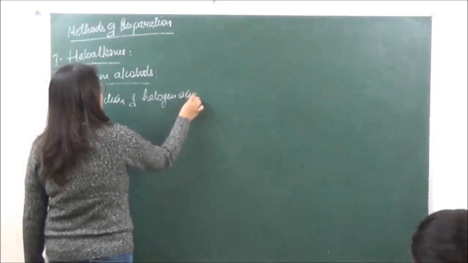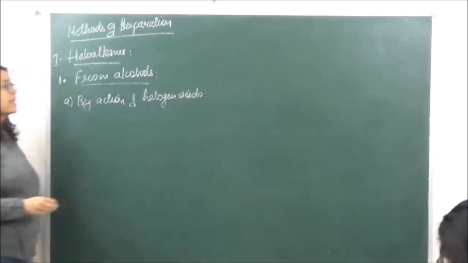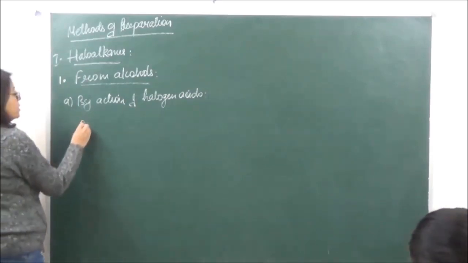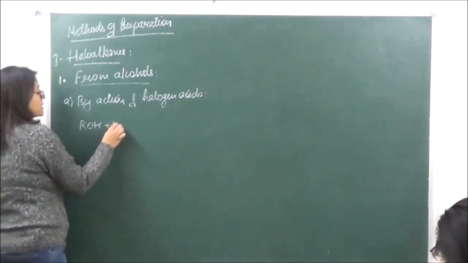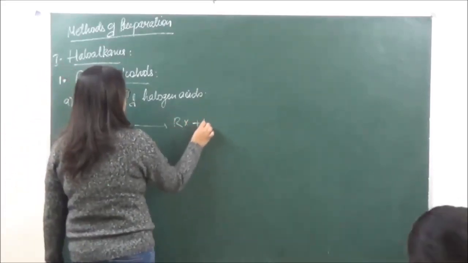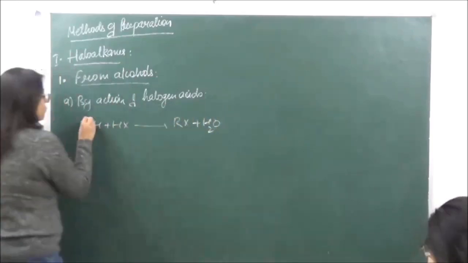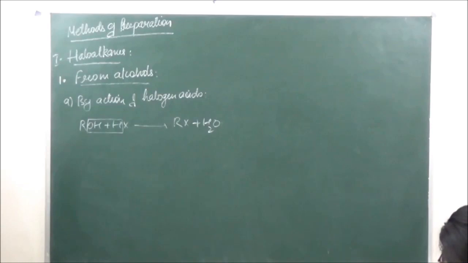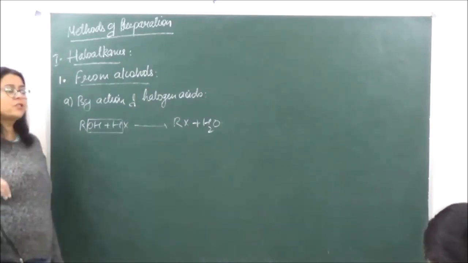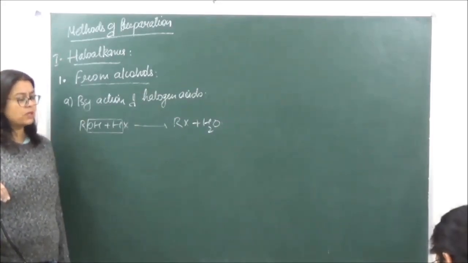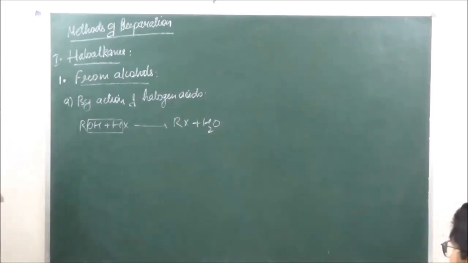halogen acids. Halogen acids can be represented by HX over here. So if we're doing a general reaction, we have ROH plus HX to give us RX plus H2O. So from here the water molecule is going to be eliminated. Right? Now over here we see that we have three different kinds of alcohols which may be present. It may be 1 degree, 2 degree and 3 degree. Right? So we are going to do it for all of them separately.